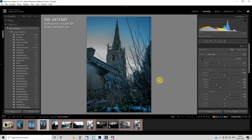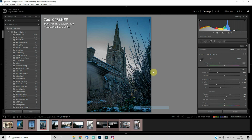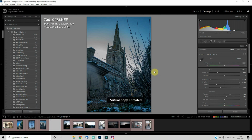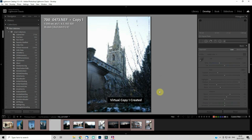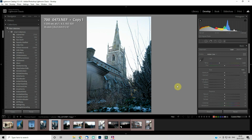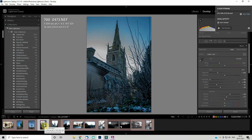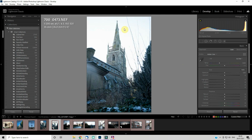Now I have edited this, and what I'll do actually, rather than take all the editing off and put it on, we'll do a virtual copy and I'll reset the copy so we can do a side by side. So that's what it looked like straight out of camera, and with a little bit of work, that's what I ended up with. So we've got the detail back in the sky, as you can see on the unedited version,